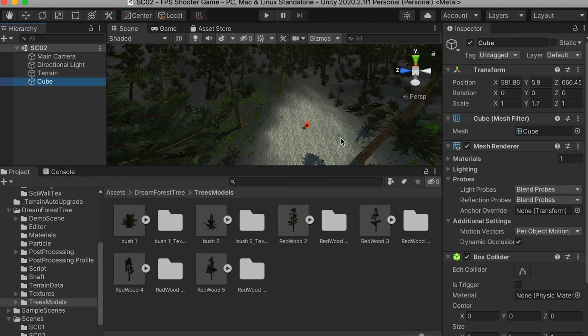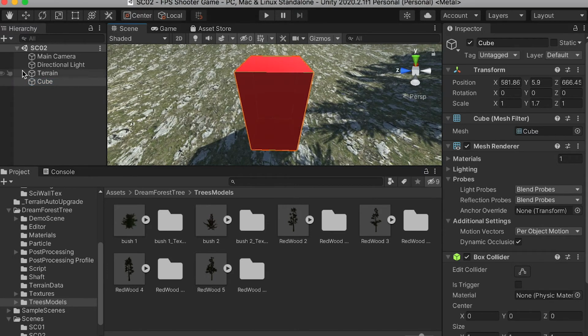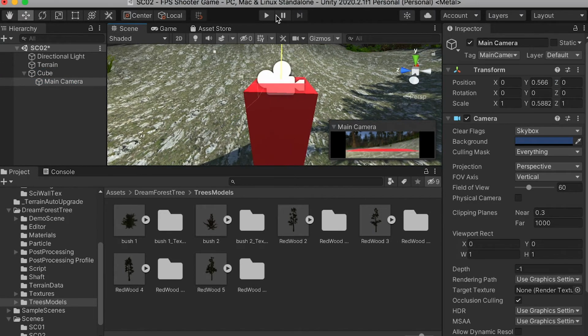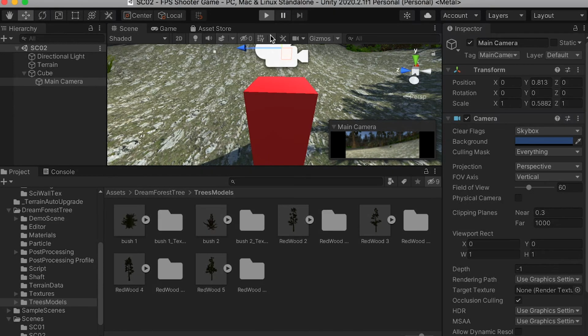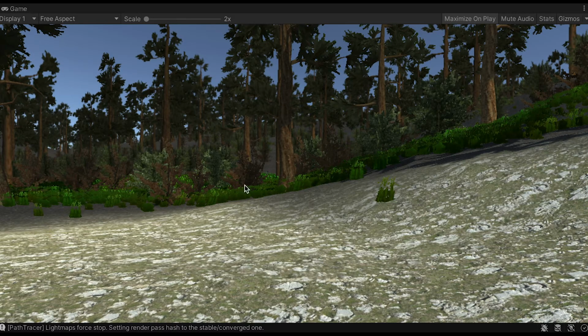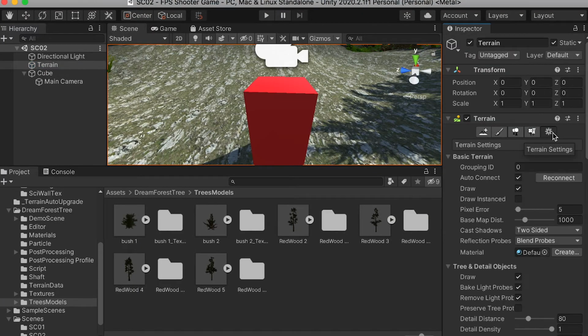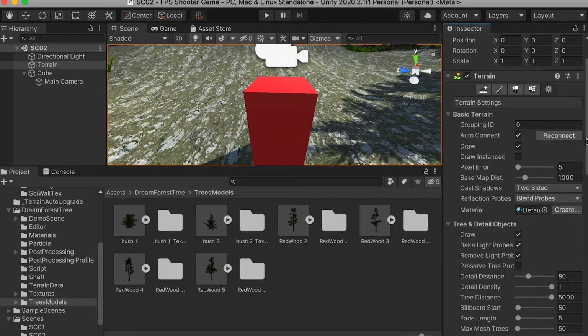Alright, so now we're going to select our cube, hit F key to focus my view on it, and drop my main camera in it. And then for main camera, I'm going to zero out its XYZ position value. So it will be moved to here. Right, move it up, and then I can preview the scene and see how it looks. As you can see, the grass is moving. I think the grass is too much, so we can change the value to lower it down, and the tree doesn't move. So here we're gonna select the terrain and go to here, the terrain settings, and down below here